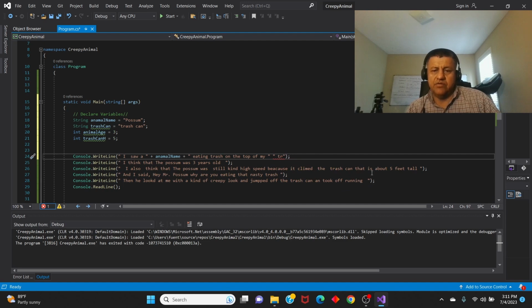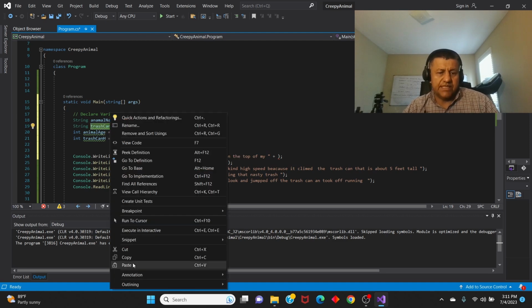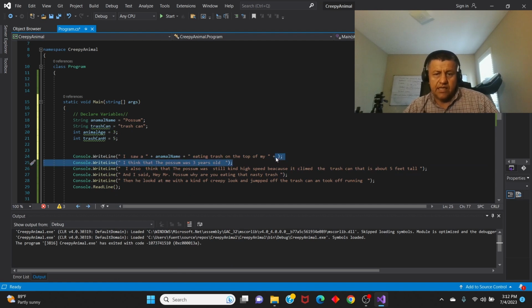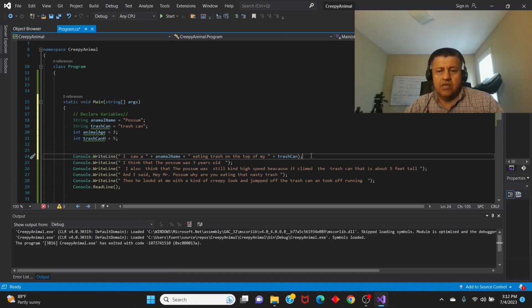So I don't have to do anything, just this, right here, because this is at the end, I just need to do it like that. And then you put one of them, and then add what? Add trash can. Why? Because that is going to be added to that to complete that sentence right there. So add,